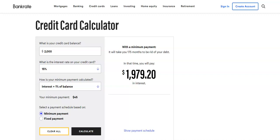So if I borrow $2,000 and I go in and I charge up all my furniture and all my stuff and my balance is $2,000, they're going to send me a bill and say I need to pay $45, which was 1% of this plus the interest. Well, if you only pay the $45 the first month, it's going to take you 175 months, which works out to be, divided by 12, 14 and a half years. It's going to take you 14 and a half years, and the interest, the money that the credit card company is going to make, is